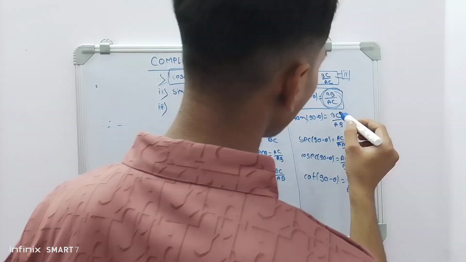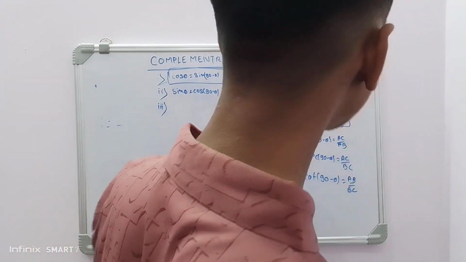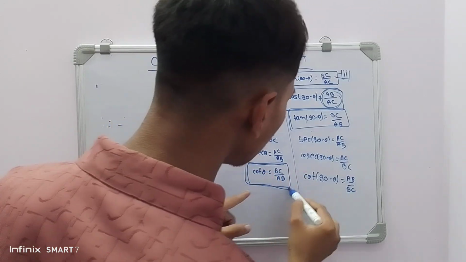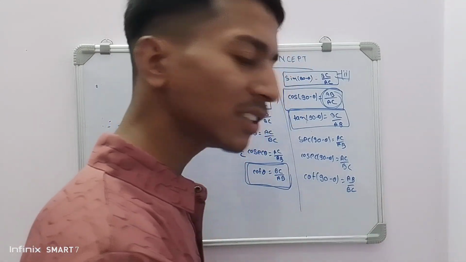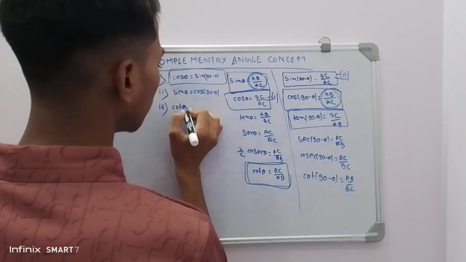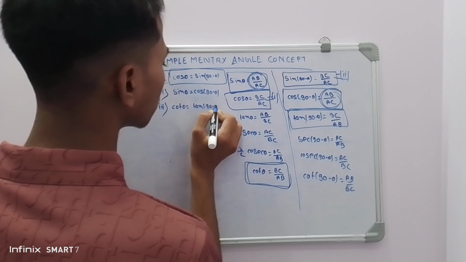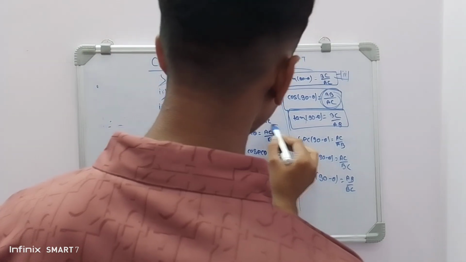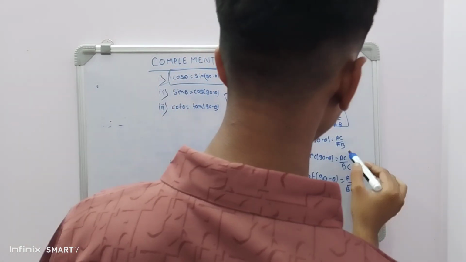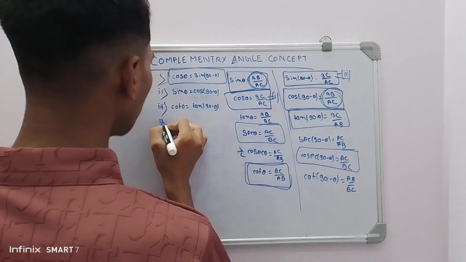So let's suppose here we have tan of 90 minus theta, which is equal to BC by AC, and here cot of theta is also BC by AC. Again the RHS is equal, so the LHS will remain equal. So here we get cot of theta is equal to tan of 90 minus theta. And here we have sec of theta, AC by BC, and this is equal to cosec of 90 minus theta, AC by BC. So from here you get the fourth